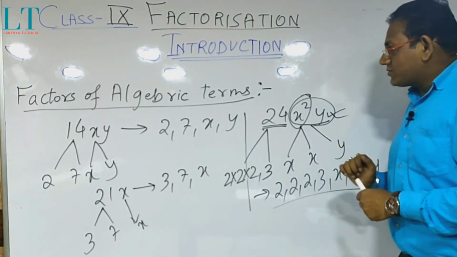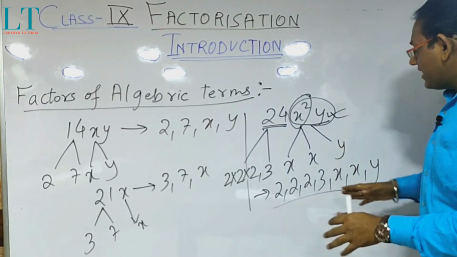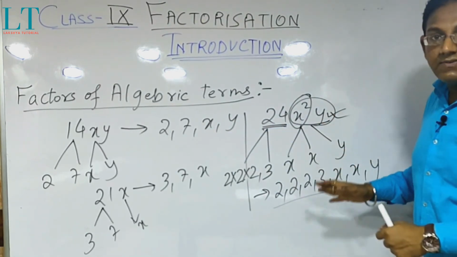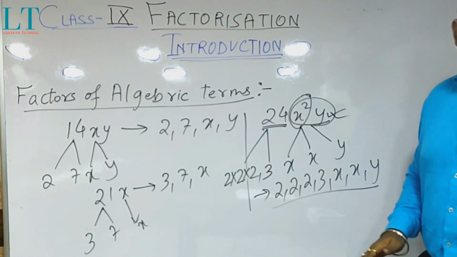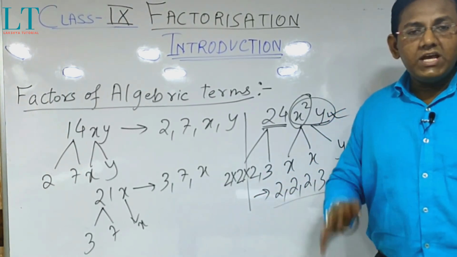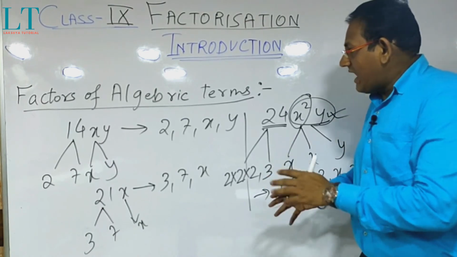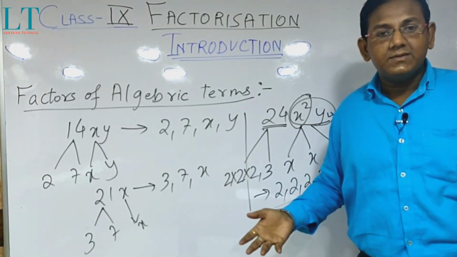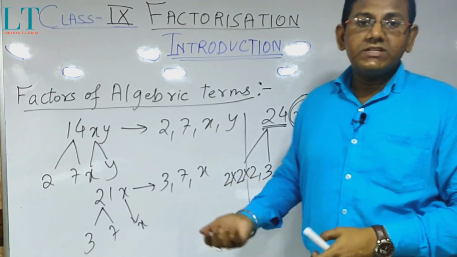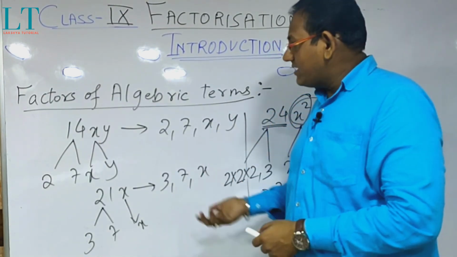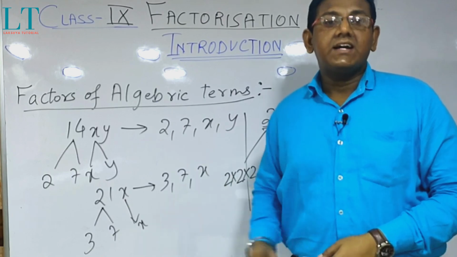So we already understood a simple expression, and we understood an expression containing a square term, and how to factorize these numbers. In the next video we are going to discuss what will happen if we have more than one algebraic expression, how to solve factorization for more than one algebraic expression, and we will discuss further what is called factorization.